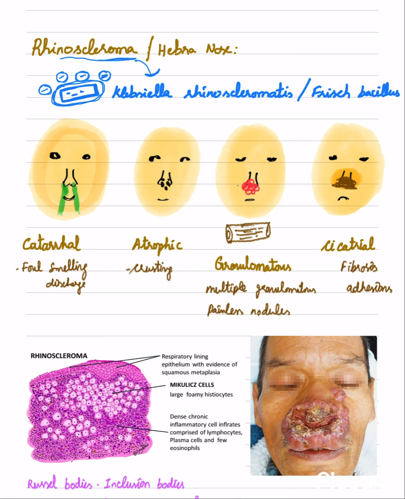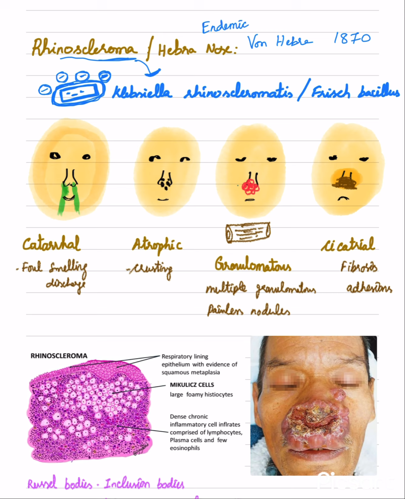From the name of the disease, we can come to the organism, Klebsiella rhinoscleromatis, which is also called the fish bacillus. This bacillus is a gram-negative rod which is immobile and capsulated. This disease is also called Hebra nose because rhinoscleroma was coined by von Hebra in the year 1870. This rhinoscleroma disease is an endemic disease,